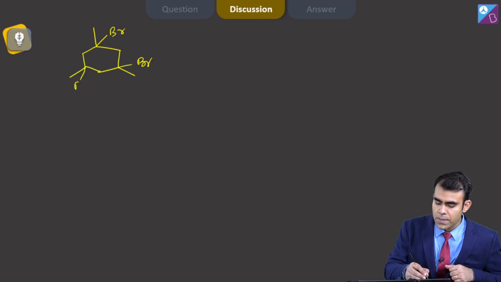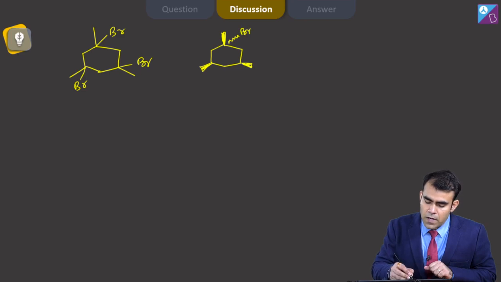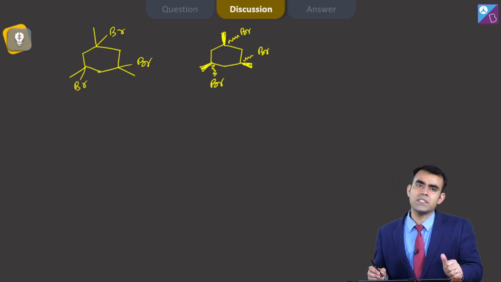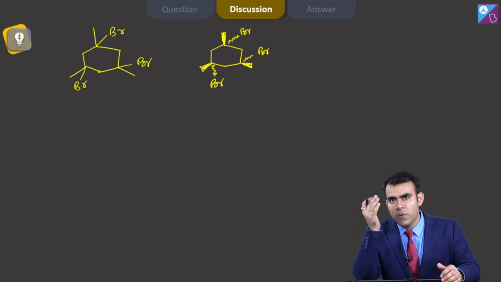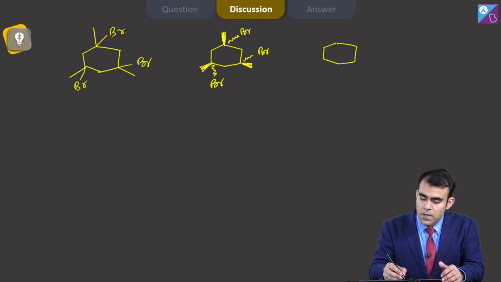Now we have to look for the possible stereoisomers. Let's take the first case where all methyl groups are above the plane and bromine are shown by dash, that these are below the plane. Now here you can see that there is a plane of symmetry, so no mirror image is found for this compound. Now let's interchange the position. Let's move one Br up and one methyl down. Then what happens? My Br is here and methyl is shown here and these two remain same.